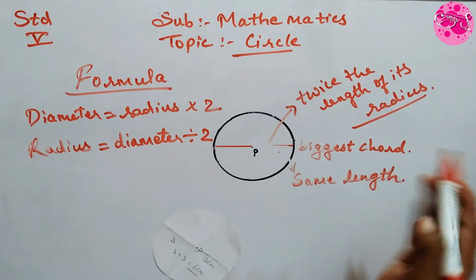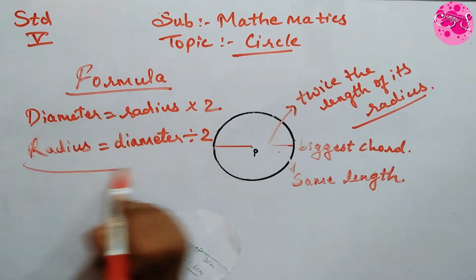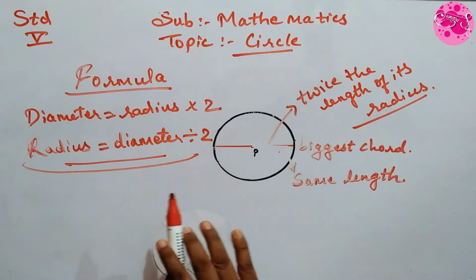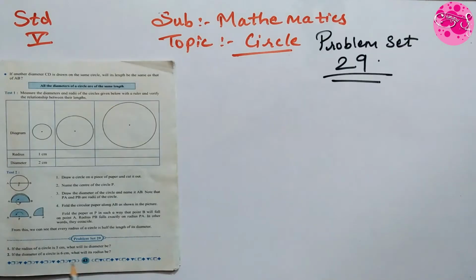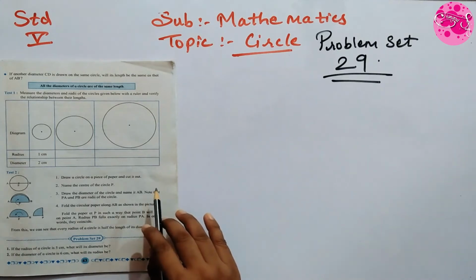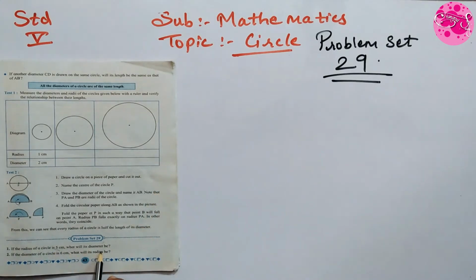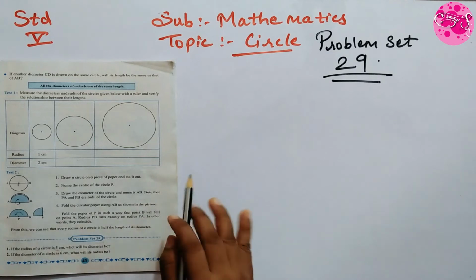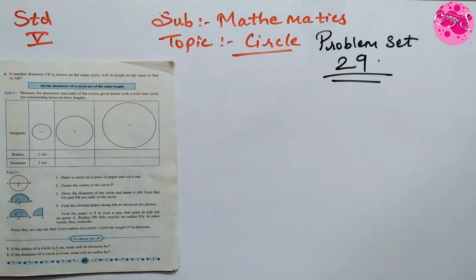Now let's solve problem set 29 with the help of these formulas. Okay, so problem set 29. First question, if the radius of a circle is 5 centimeter, what will its diameter be? Now here it is said that if the radius of the circle is 5 centimeter, then what will be the diameter of the circle? Okay, so your solution,